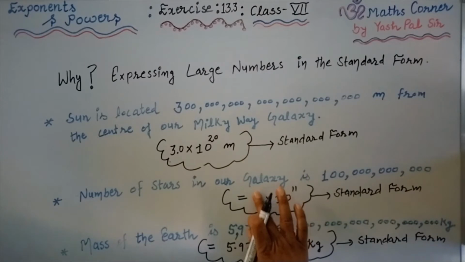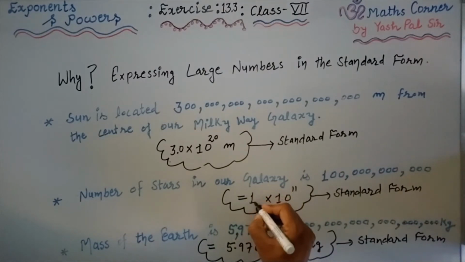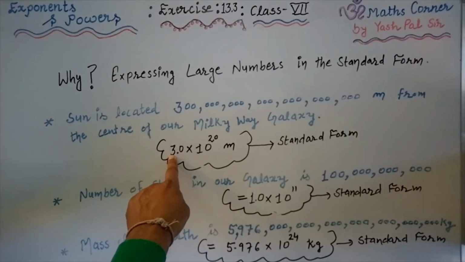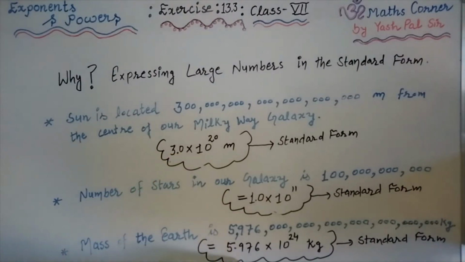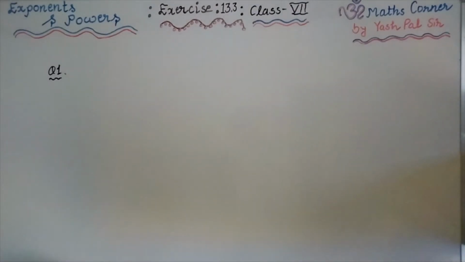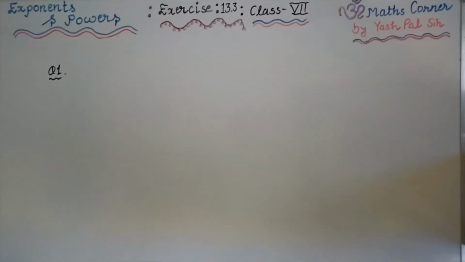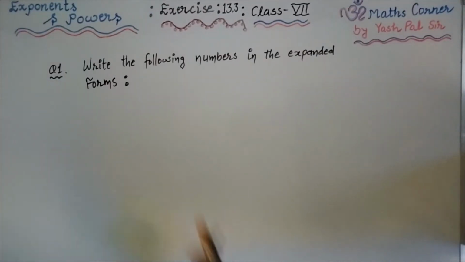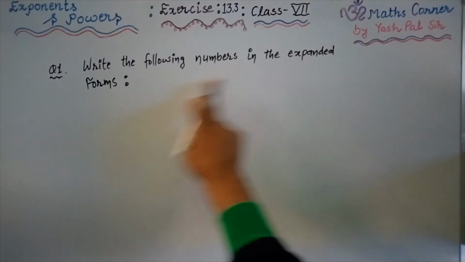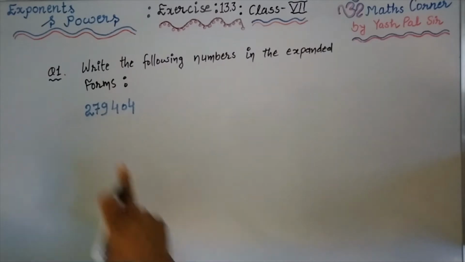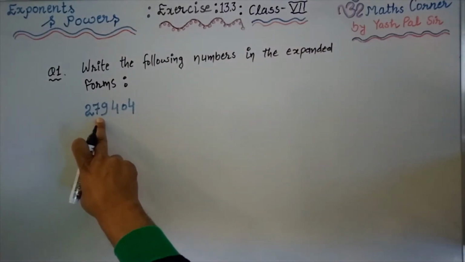3.0. Here also 1 alone, we can write this as 1.0. So 1 point, we start with a single digit, after that we place the decimal. Okay. Now we shall solve the questions of exercise 13.3. The very first question is, write the following numbers in expanded form. The very first part is, the number is